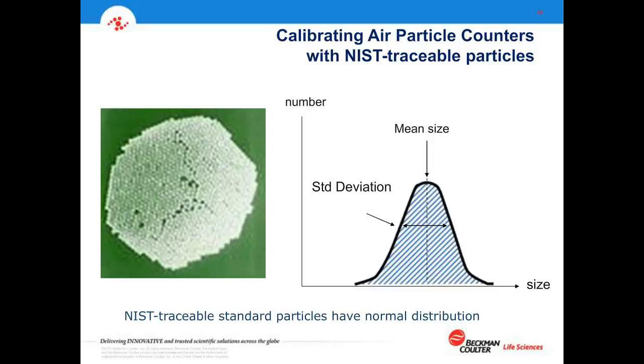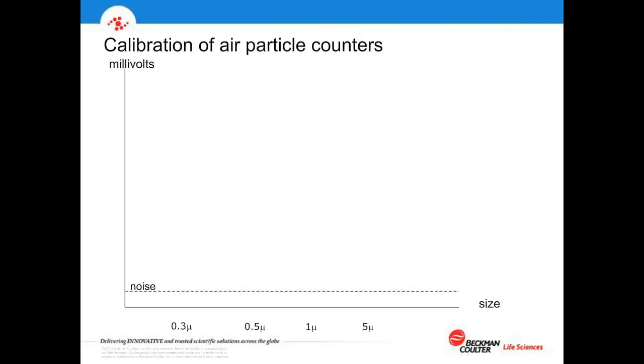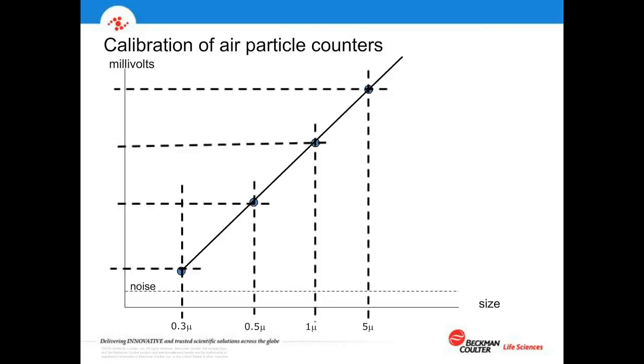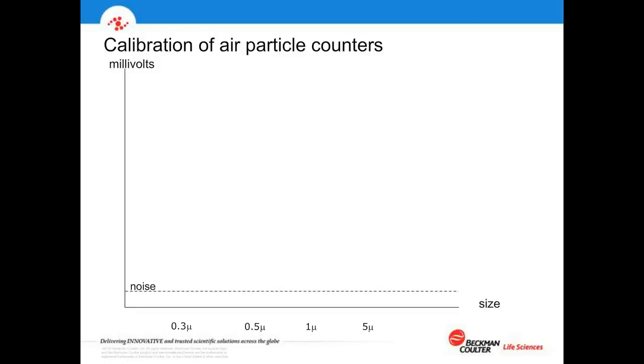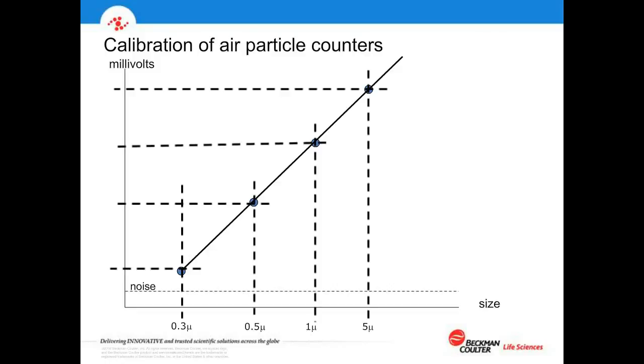particles, and the particle counter then samples these. They're aerosolized, introduced one size at a time in most cases, and we evolve a calibration curve or response of the instrument to known sizes of particles. So then we create this type of curve based on the information we have from each of the sizes we might use. For example, a 0.3, a 0.5, a 1, a 5. Often they're not exactly those sizes, but they're close. So we might then develop a curve based on that type of information, and we know then the performance of